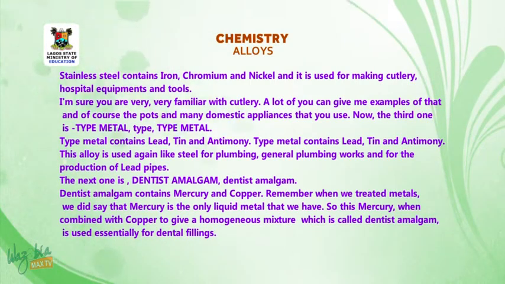Type metal contains lead, tin, and antimony. This alloy is used again like steel for plumbing, general plumbing works, and for the production of lead pipes. The next one is